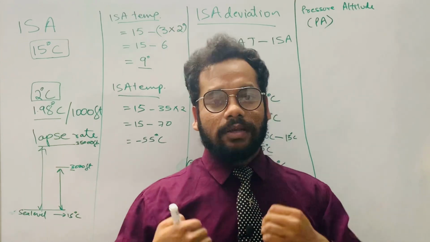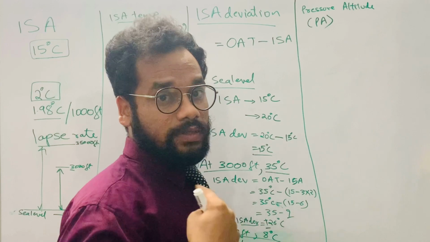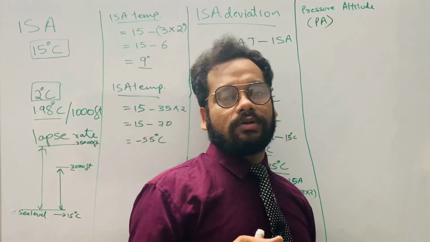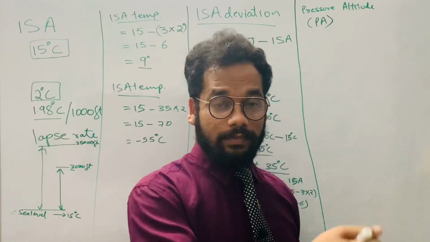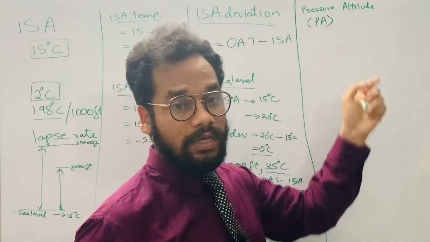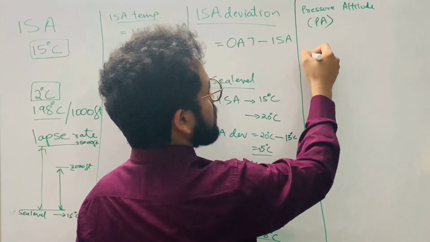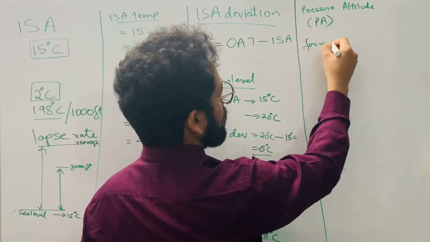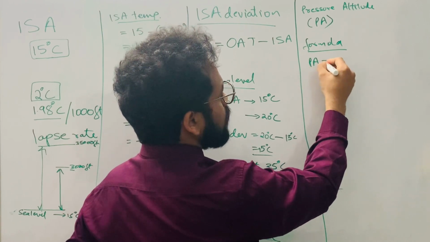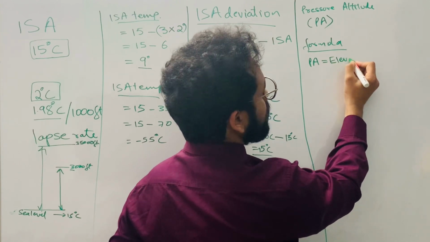The other way, you can make a calculation by using a certain formula. So there are two ways to get the pressure altitude. One is by setting 1013 hectopascal or 29.92 inches of mercury on the pressure altimeter, and the pressure altimeter then will show you the pressure altitude. And the other way is by using a formula, and that formula is, I'm writing here, pressure altitude is equal to elevation, airport elevation,